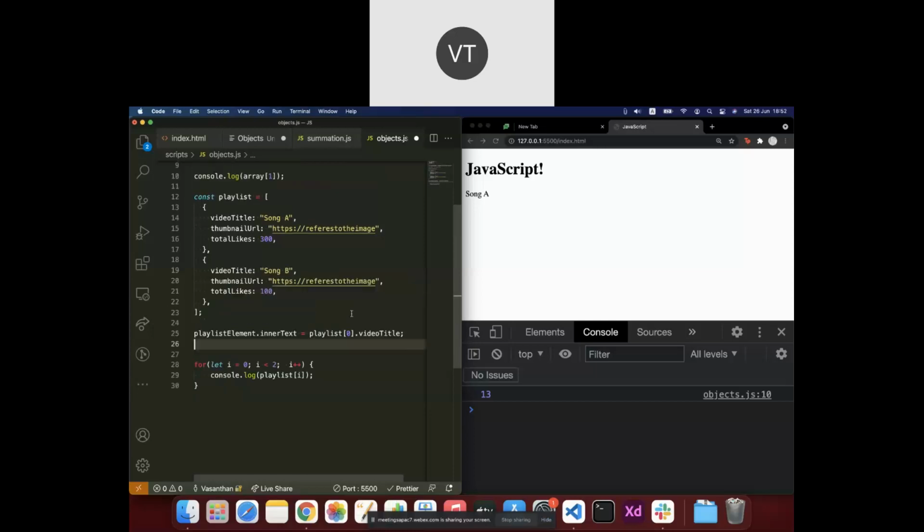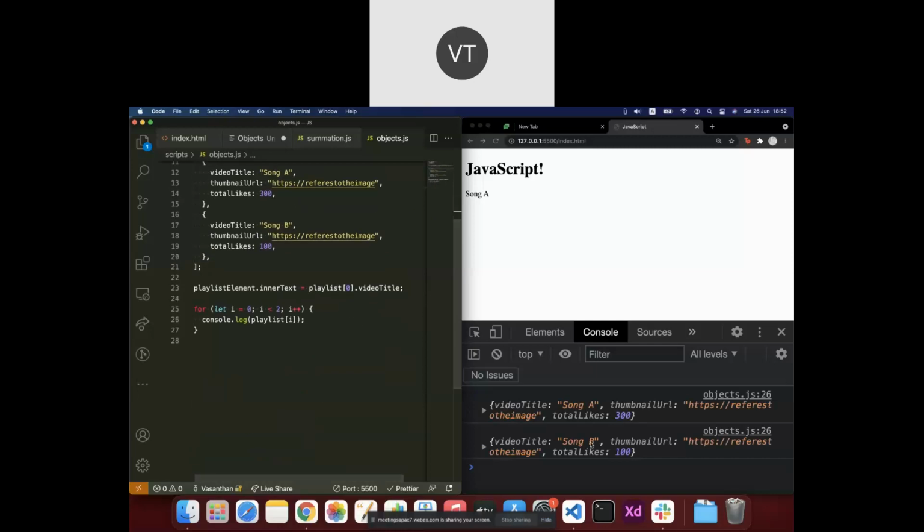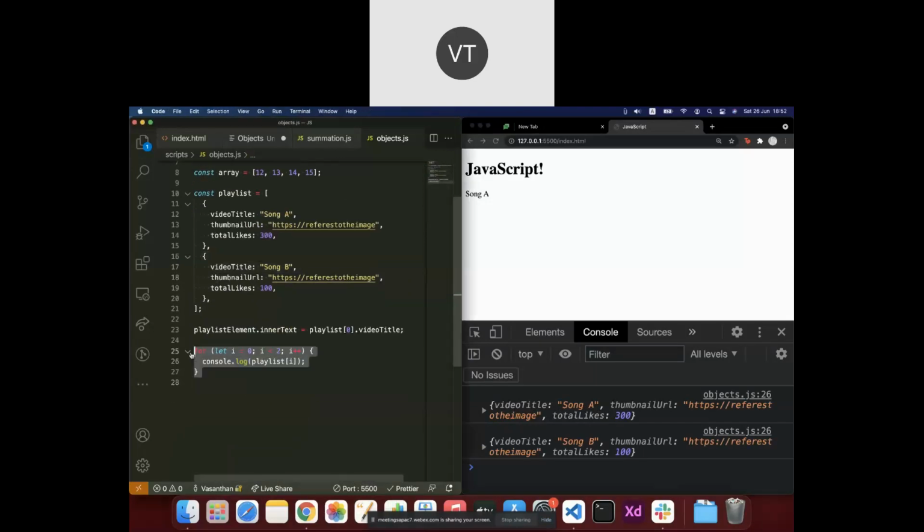So I'm saving it. Now you can see the first thing we see is the video title, song A, from this playlist. The first value is shown here on top, and the second value is shown on the bottom. That's because this for loop is actually going from